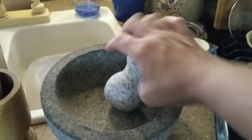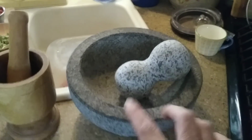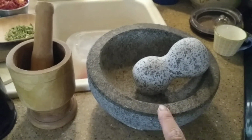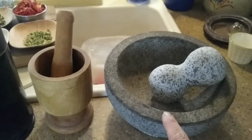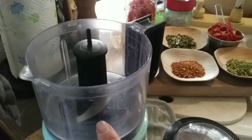These heavy duty ones, they're super heavy, makes everything easy to grind. You can usually find these at your Mexican supermarkets for a very decent price. I've got all my seasonings doled out here, and we're going to start by putting the chunkiest items inside this